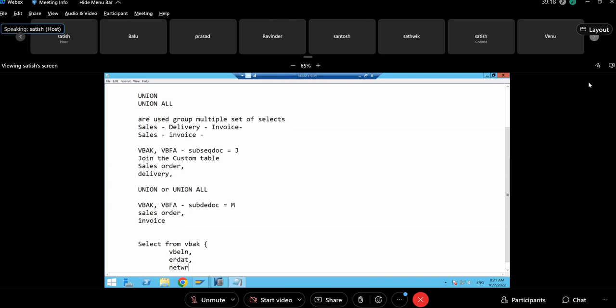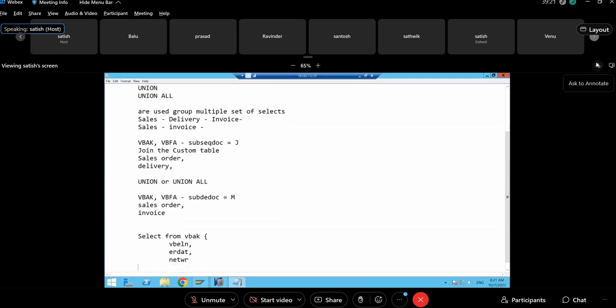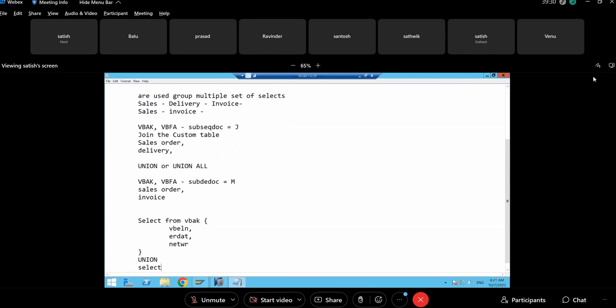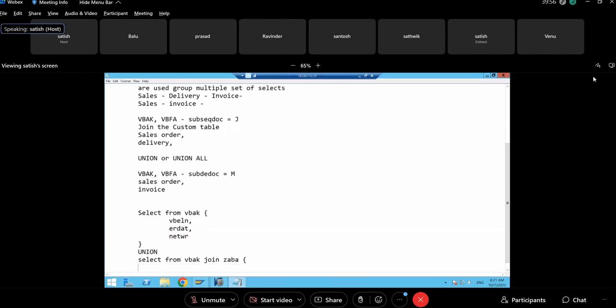Now close the brackets, and I'm using union. Then I write one more select, so two selects. You can use n number of selects with union, depending on your requirement. From here I'm going to use VBAK again, but it may have a different condition. Join some custom table, ZABC, followed by some other condition, just like another set. Here I'm getting